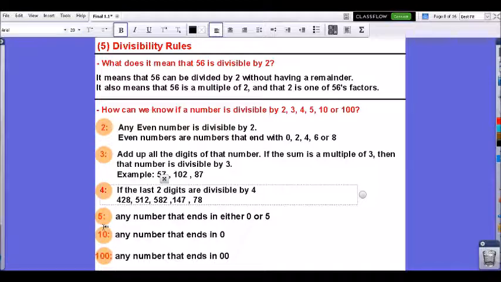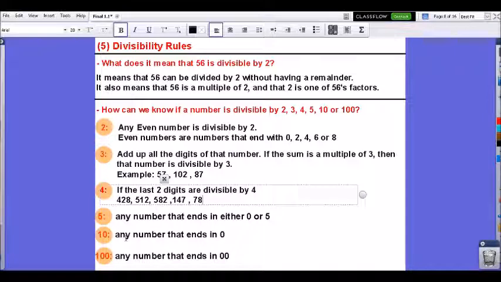What about the 5? It says here, any number in the world that ends in either 0 or 5 is divisible by 5. Like 15 is divisible by 5, 205 is divisible by 5, 300 ends in 0, it's divisible by 5. Here, 10, any number that ends in 0, like 10, like 20, like 50, like 120,